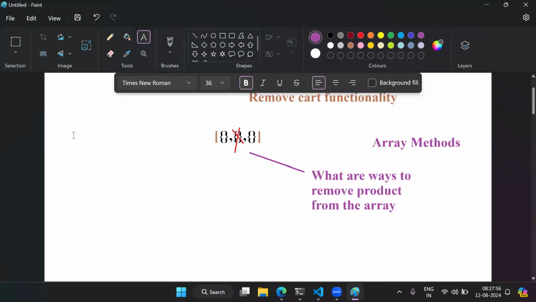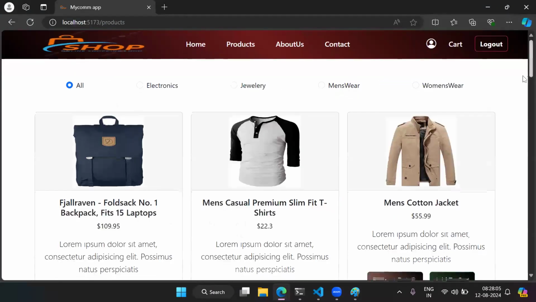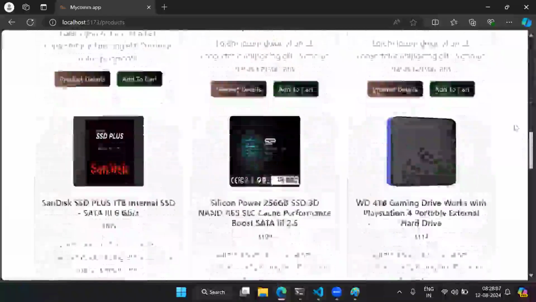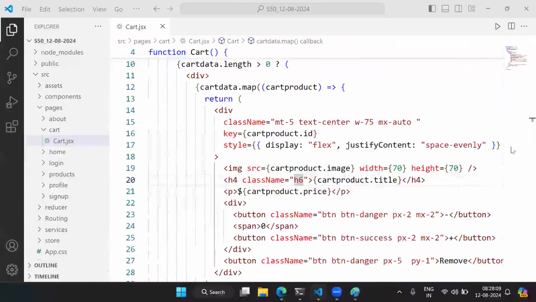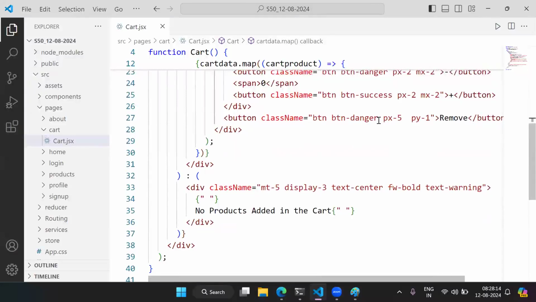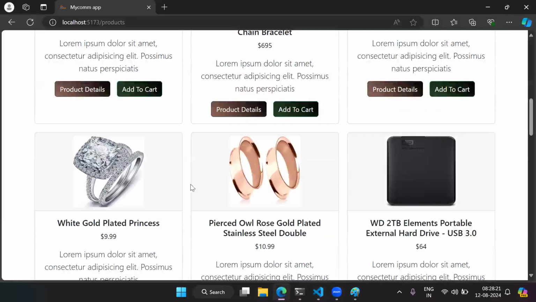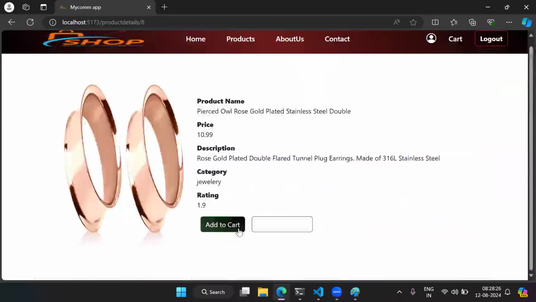Now remember here we have to remove any particular product because we don't know, right? User will click on which remove button. Right now only one product, but like this I can have any number of products. Okay, let me just go back here. Let me add. Suppose I'm adding here this product. Here also we have to implement